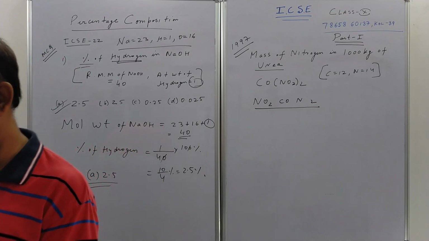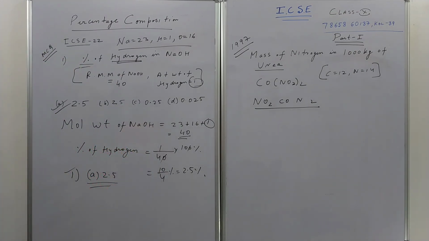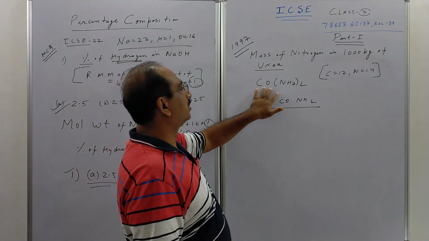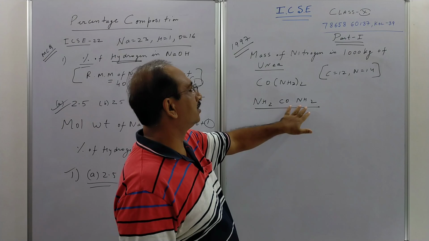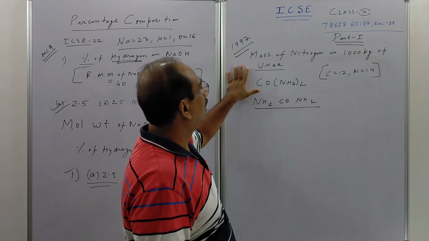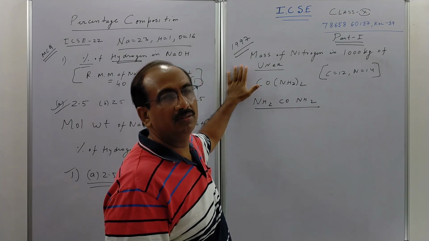Formula of urea is CONH2 whole twice. So this is how we write the real molecule. So if you have seen in class 7,